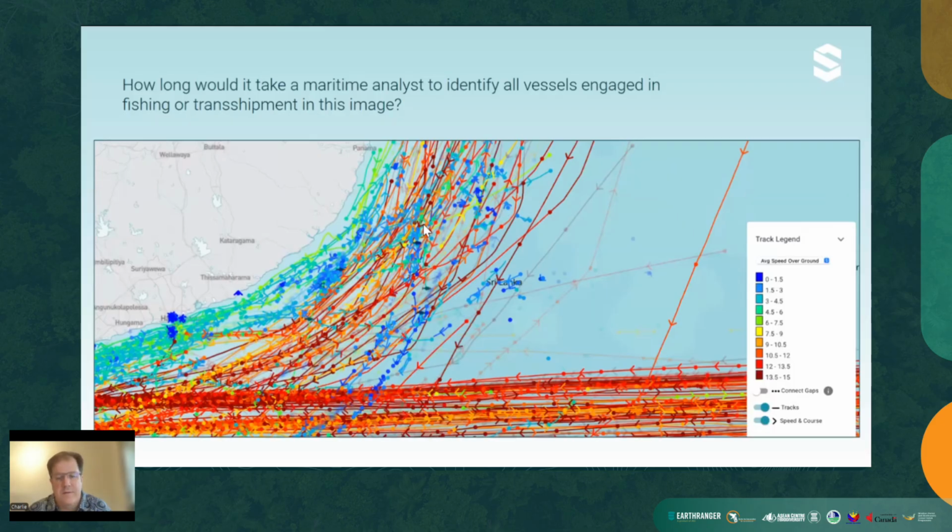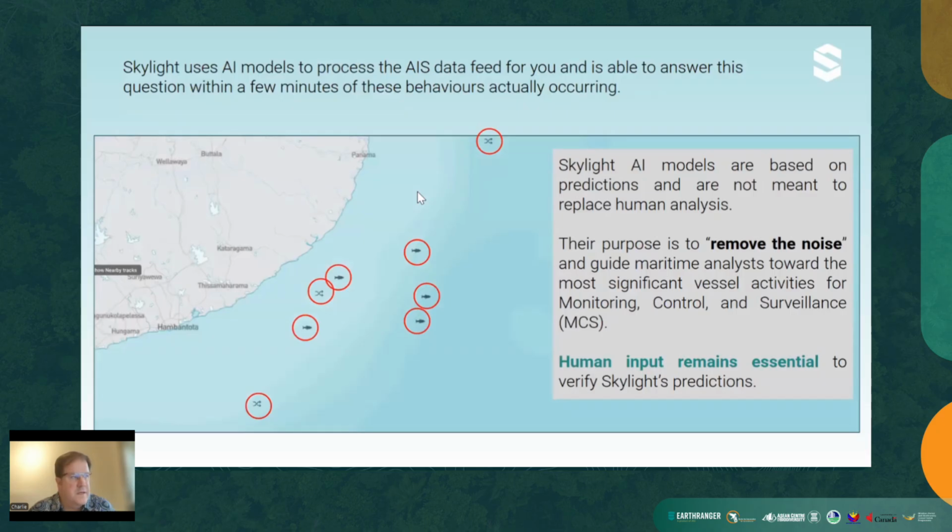There is a lot of maritime domain awareness data that's available from ships at sea, and I'll go through the different categories in a brief set. But the point of the Skylight tool is to help the analyst sift through, in real time, the massive amounts of data, for example AIS data and others that I'll talk about, and bring out the key insights. Where are vessels, based on the data, behaving in a way that the analyst needs to focus on that might be related to fishing? We remove the noise, and we help with surveillance